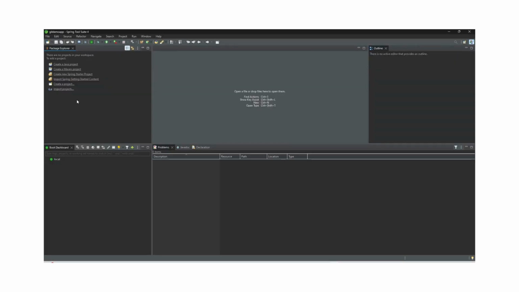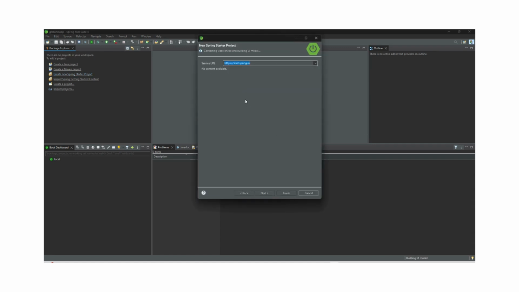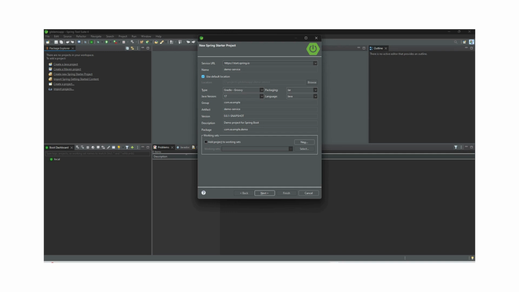So first I have opened STS, and here I am going to create a new Spring Boot project. So we can choose this option, create new Spring Starter project, and here we can name our service, like let's say it's a demo service. We can select the build type as a Maven, and here we can keep rest of the things as is,